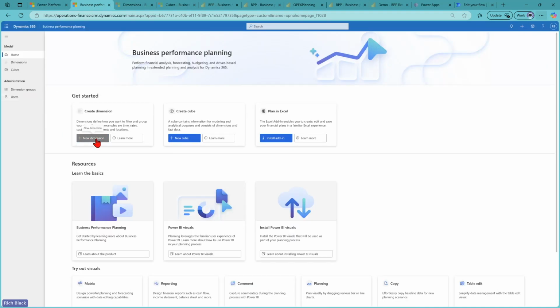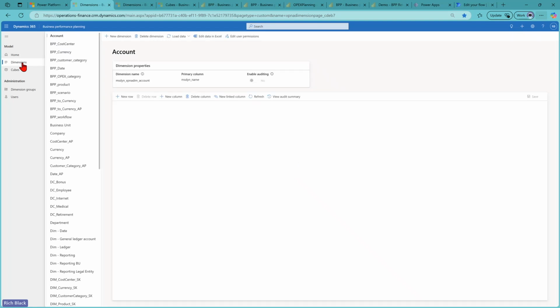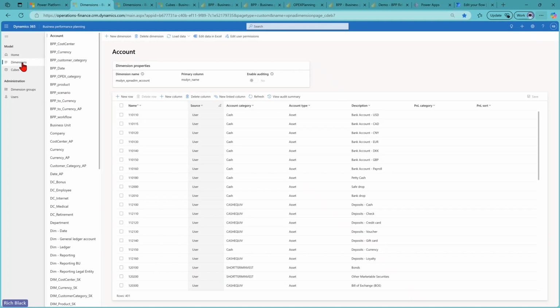can create our dimensions, create cubes from those dimensions, learn more about the various visuals and capabilities of business performance planning, and maintain these dimension values and maintain our dimension security once those dimensions and value and cubes are created. We'll take a quick glimpse at an example of a dimension that'll be featured in some of the demonstrations today, and that would be a common dimension for financial planning and analysis, which is going to be an account dimension, and you can see the account categories and account types, and of course,